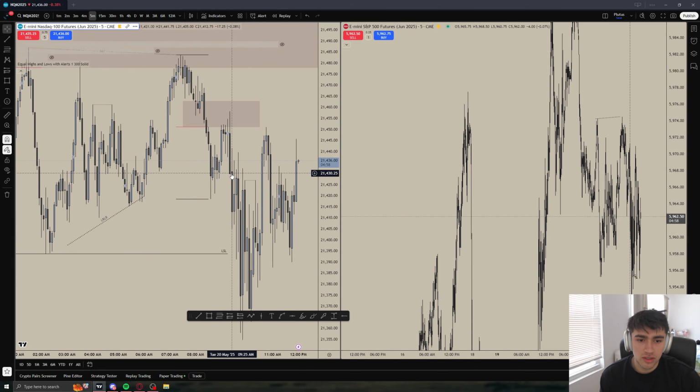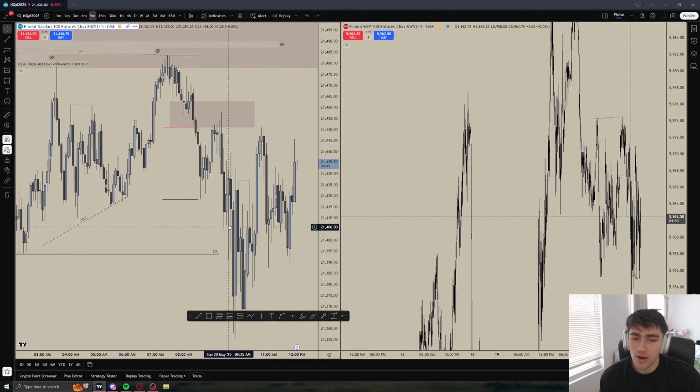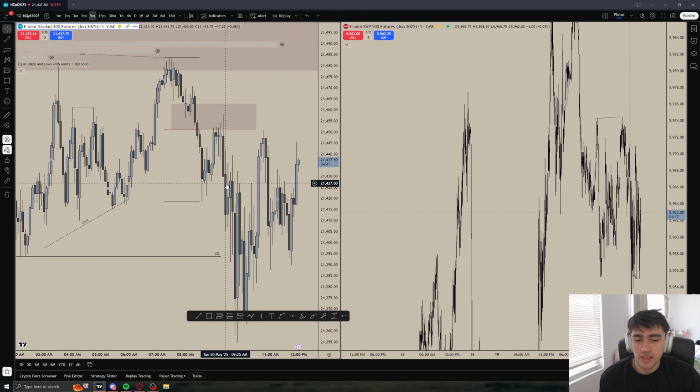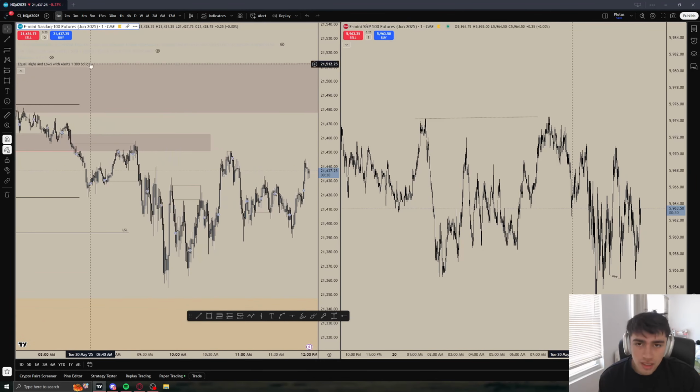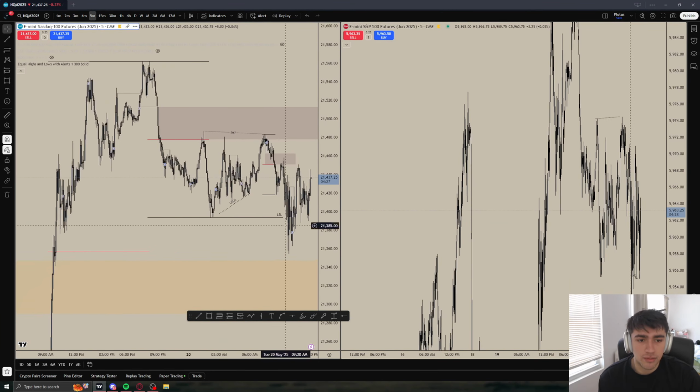There was this 5-minute short, but you could go break even here, and then you get stopped at break even, or you can just hold it to London session low. But again, that's not how I trade, so I wouldn't have taken anything here. The 5-minute inverse. Once we took this low, you go break even, and then you would have gotten stopped at break even, because of the 9:30 open. Yeah, you most likely would have gotten stopped at break even. And then coming into the day, I was like, all right, bet, we have all these equal